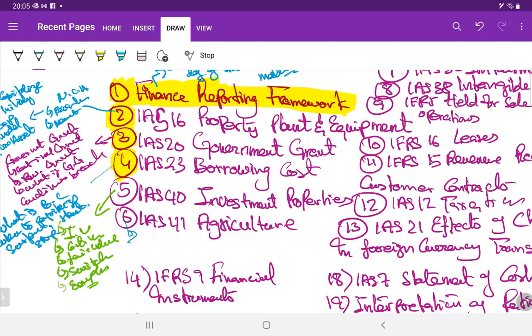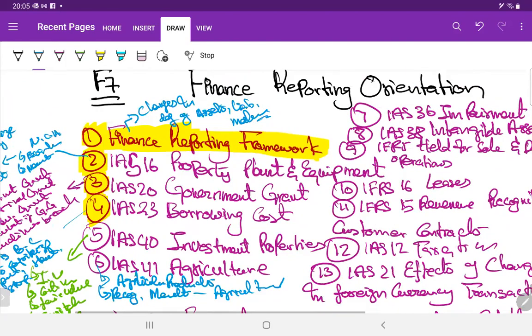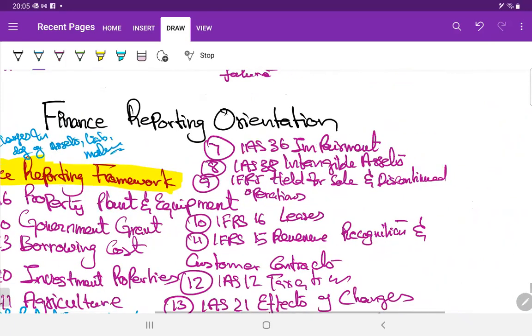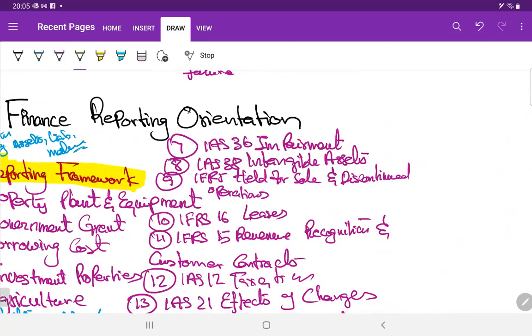IAS 41 Agriculture. So we will learn about agricultural products, and the recognition and measurement criteria of agricultural products. So far, so good. Then we'll have IAS 36 Impairment. Again, we will learn what is impairment,